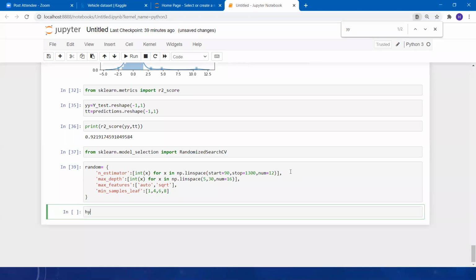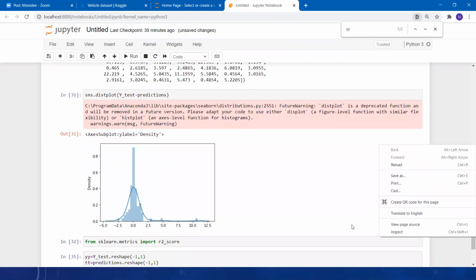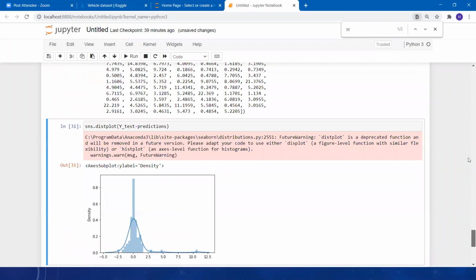Now let's take a variable and try to fit our hyperparameter tuning. We are saying hyper_random. We are going to use our RandomizedSearchCV, and we are passing our estimator that we have already used, our predictor. It simply means we are going to use our random forest regressor that we have recently used.